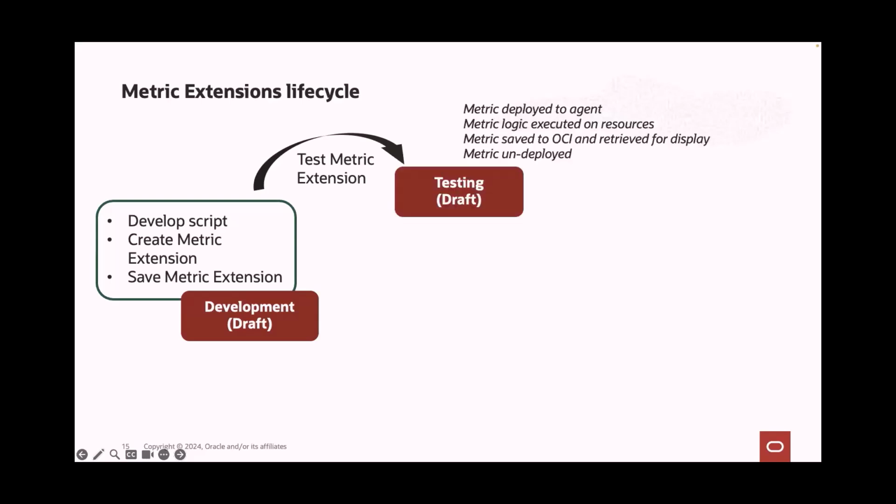It's important to always test a metric extension against a non-production resource. We've all been in those situations. "Hey guys, this is going to be just fine. I'm just going to run this against production." And then inevitably it isn't, and someone gets a call. So always test against a